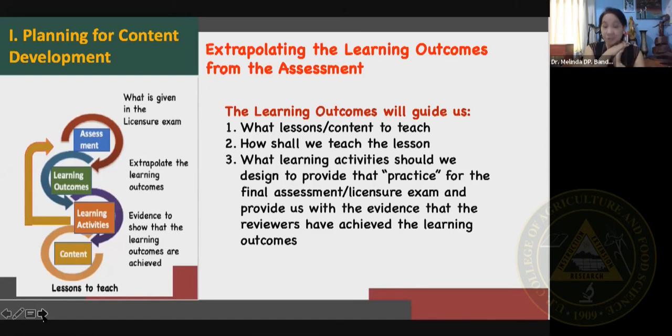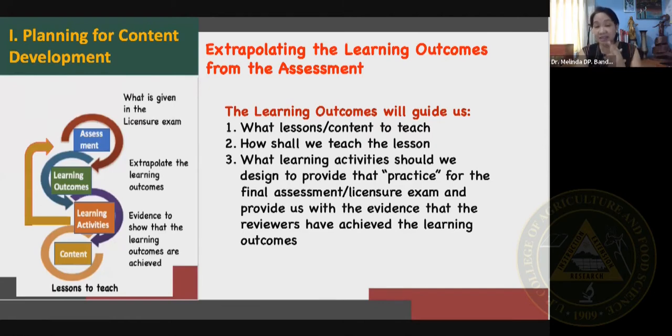And what learning activities should we design to provide that practice for the final assessment or the licensure exam? And provide us with the evidence that the reviewees have achieved the learning outcome. So kailangan i-determine muna natin yung mga bagay na yon, learning outcomes, para masagutan nila yung assessment, ipasa nila yung assessment, and then from there, determine the lesson, determine how we are going to teach the lesson,